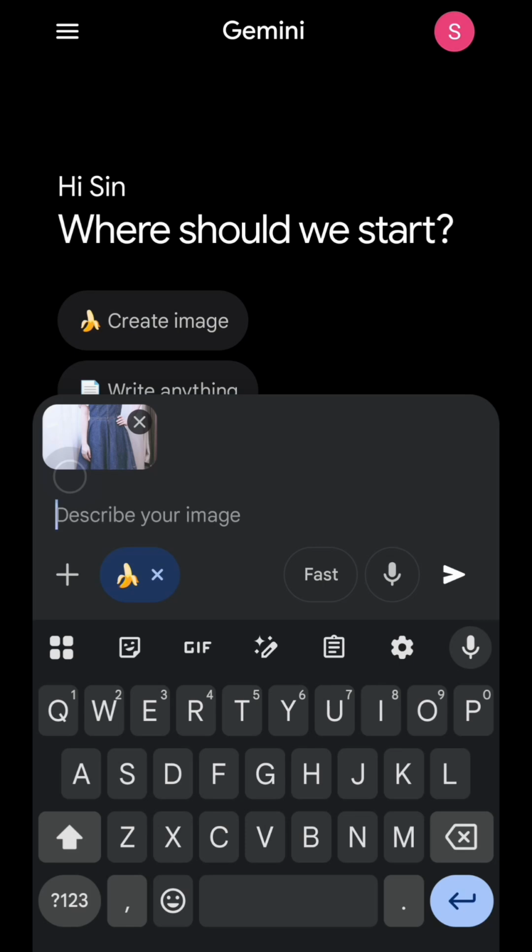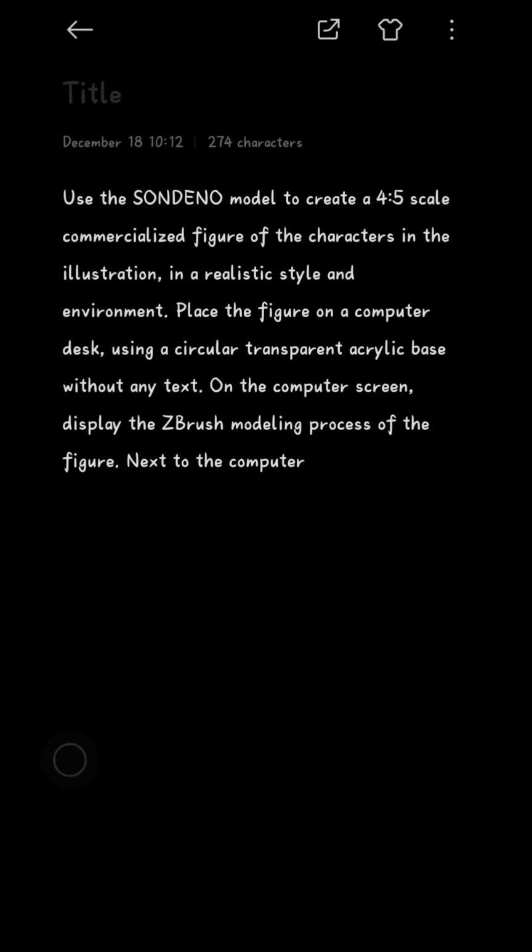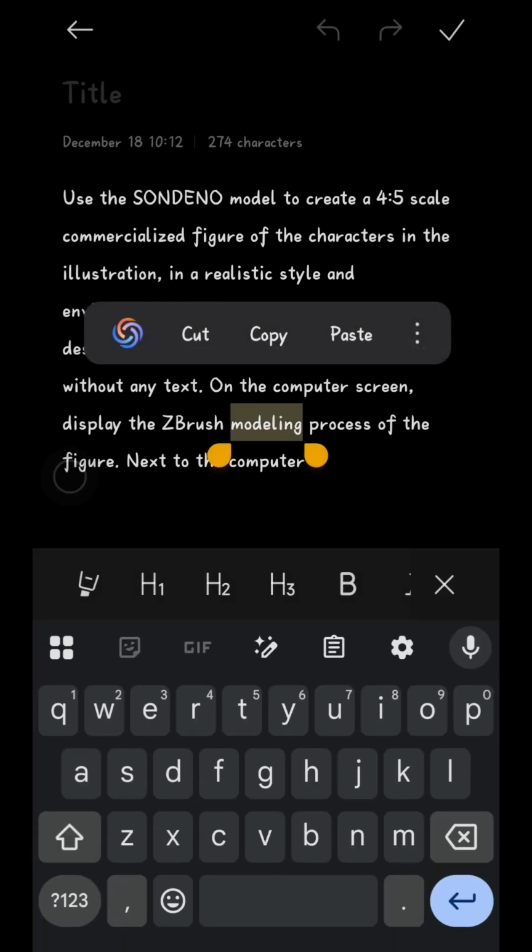Before, I have already prepared one prompt like this. You can just follow it exactly like mine. This prompt will turn your photo into a high quality figure concept, just like a real product design. Or if you want, you can also tweak the prompt as you like to match your style. Next, I will just copy my prompt